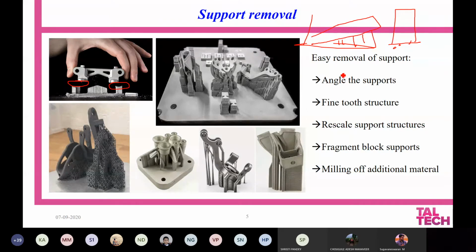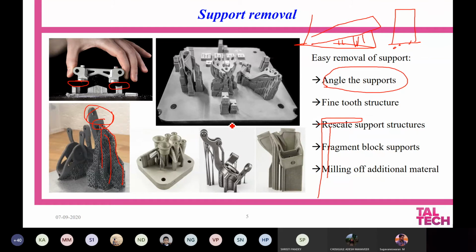So if you are going to have some overhanging supports like this, you can always modify the angle of the supports. For example, you can see here they are protruded from outside like this. They can always have direct straight supports, but then if you are going to have a straight support here, the support will be straight, so the building time increases. At the same time, there are some complex features here and here. So you have to produce in a certain direction depending upon the surface roughness of this part and so on.